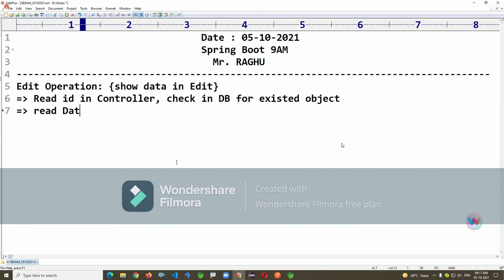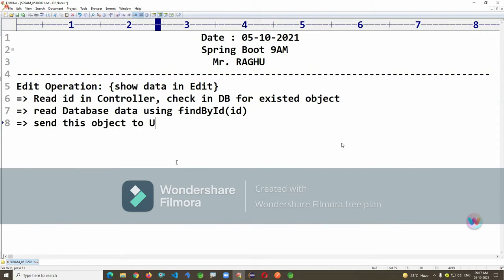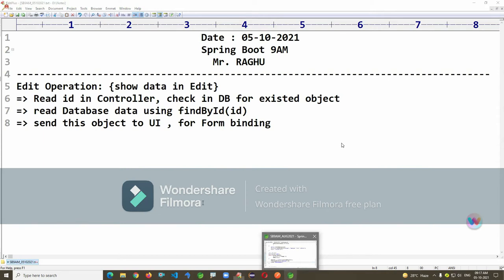Read database data using find by ID. Send this object to UI for form binding. Okay, I just want to send this data here for form binding, employee.